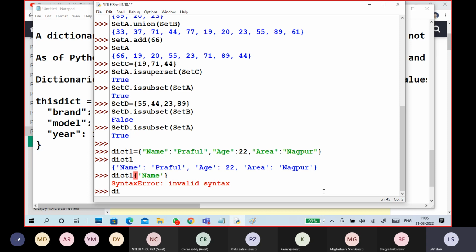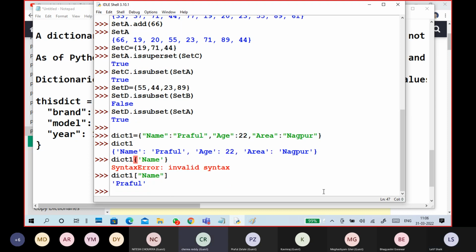Yeah, that's a mistake. Double quotes, again square brackets only you have to use here. Double quotes or single quotes, but square brackets. See, name we got it.